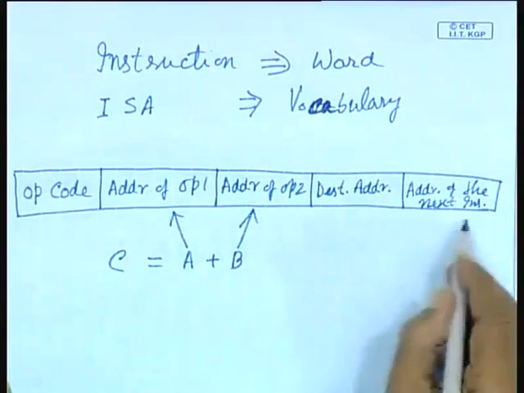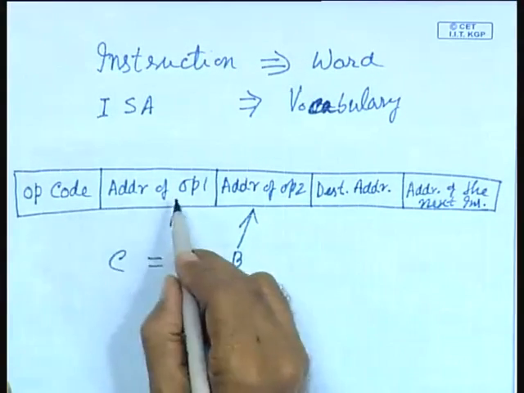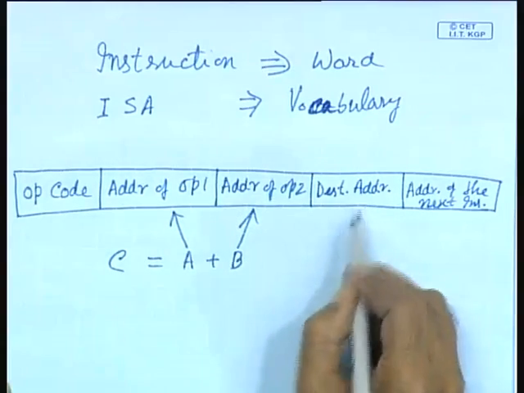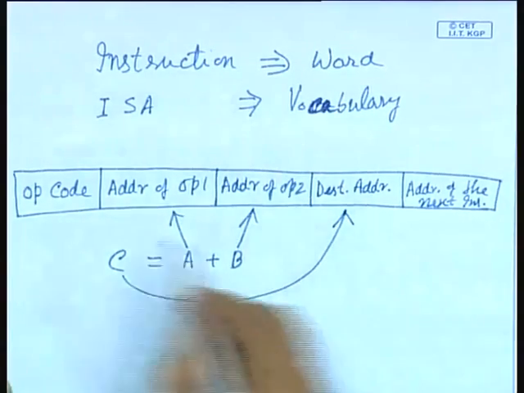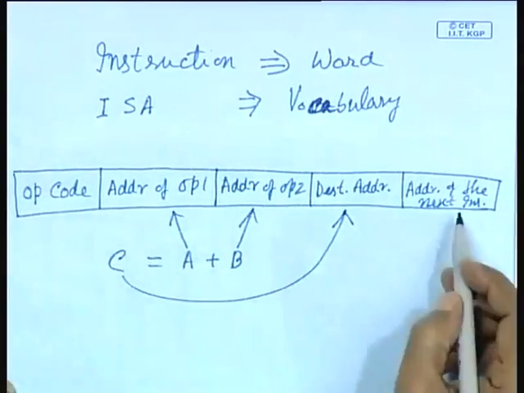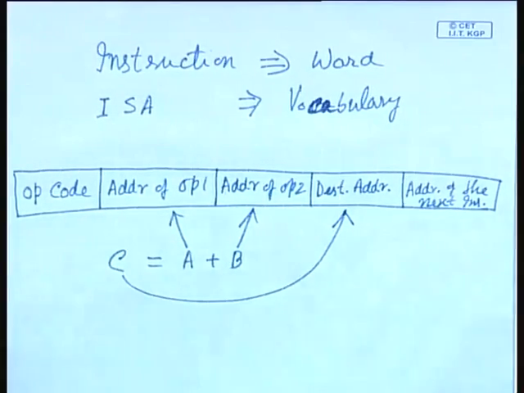So these are the different fields of an instruction if everything is conveyed explicitly. Now what I am trying to say is, if all the information like the source address of operand 1, source address of operand 2, destination address, and address of the next instruction